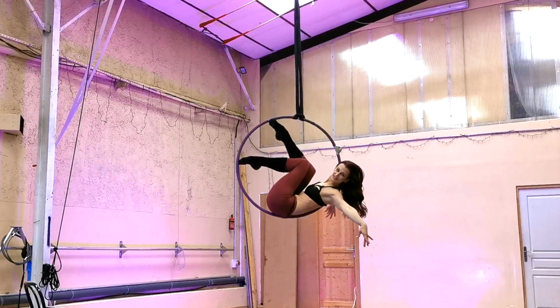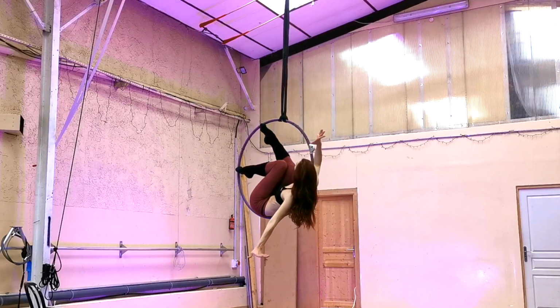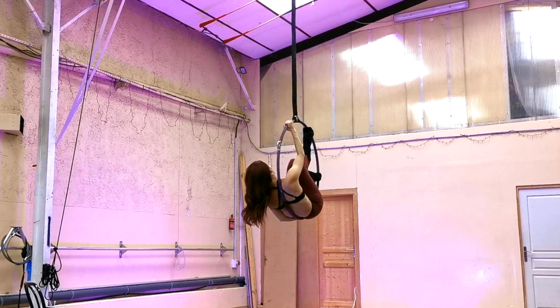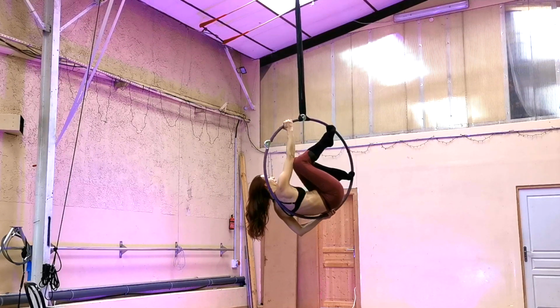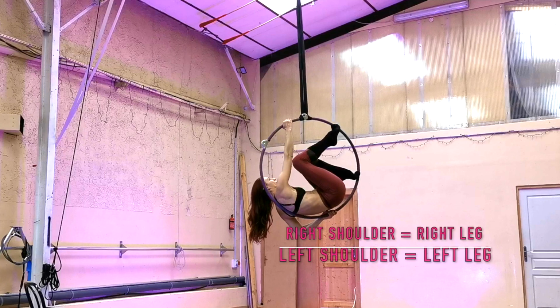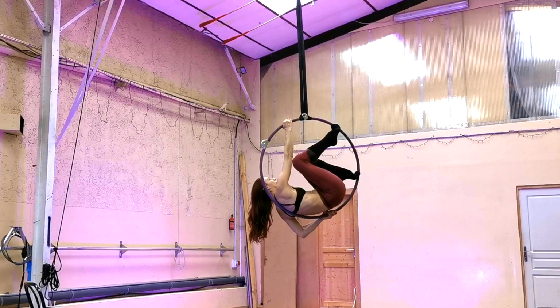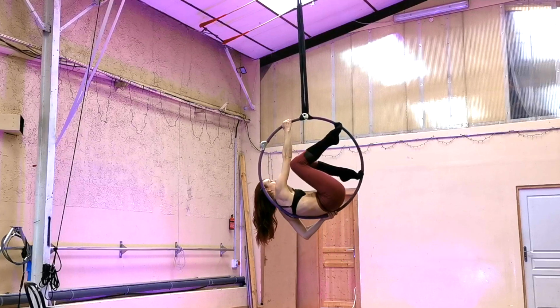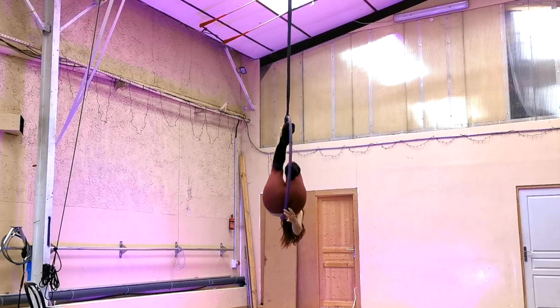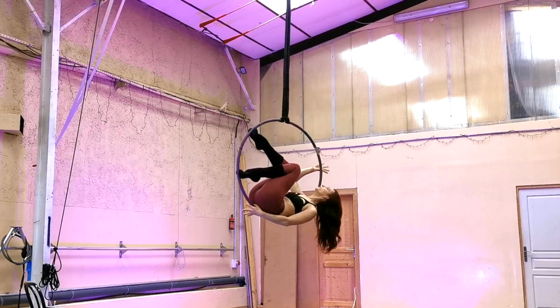Start by wiggling down in your Man in the Moon so that you are really nice and low and you're almost laying in the bottom of the hoop. The side of the hoop should be on one of your shoulders, so make sure that you have the same foot as shoulder on top. I have my right foot higher and I have the side of the hoop on my right shoulder. Reach up with your right hand, so again, right foot, right shoulder, right hand, and grab about halfway up the